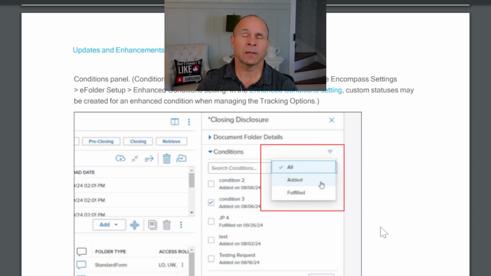It just makes the entire workflow more efficient. Everybody's been talking about AI now for the last, I don't know, the last 5 years or whatever. You don't need AI, guys, in underwriting. You actually just need enhanced conditions, and you can automate your enhanced conditions from the beginning to the end.